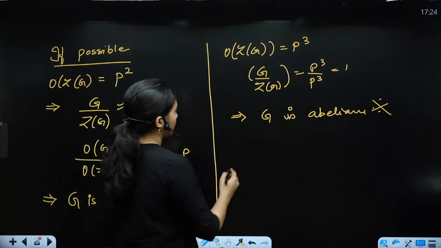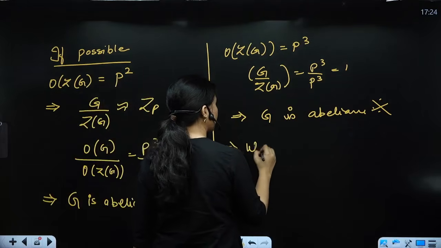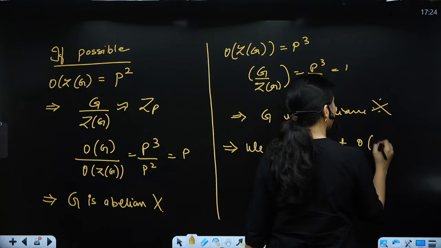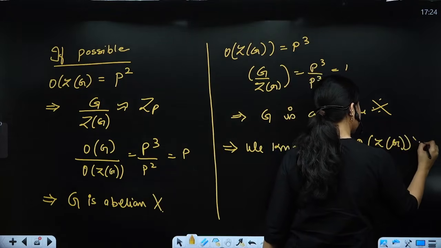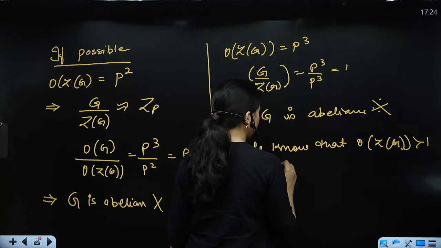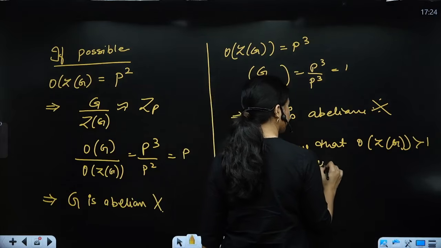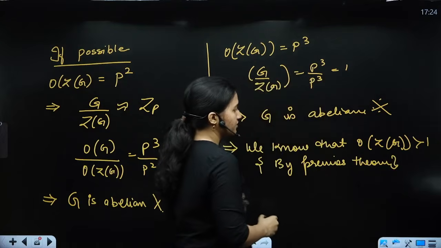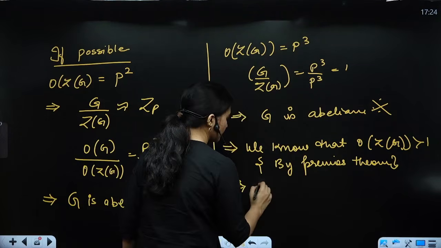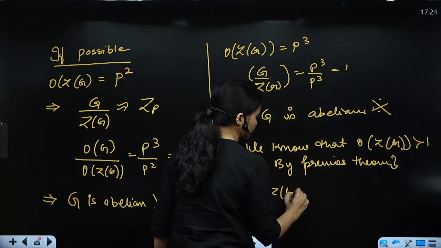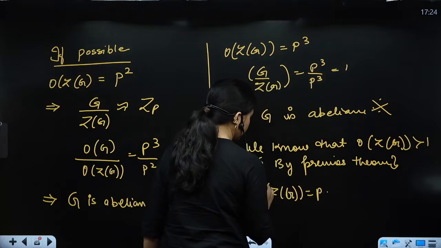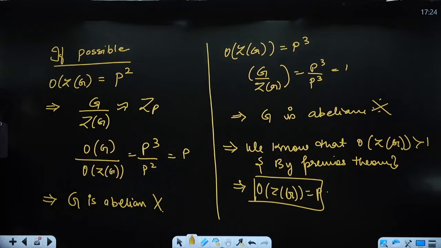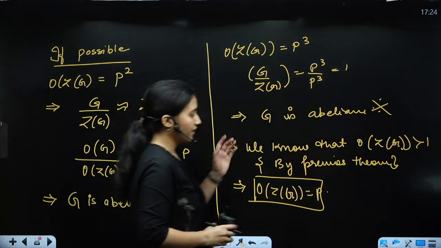Okay, this implies that we know that order of ZG is greater than 1, from where? By the previous theorem, right? So you rejected 1, P square and P cube, all three,